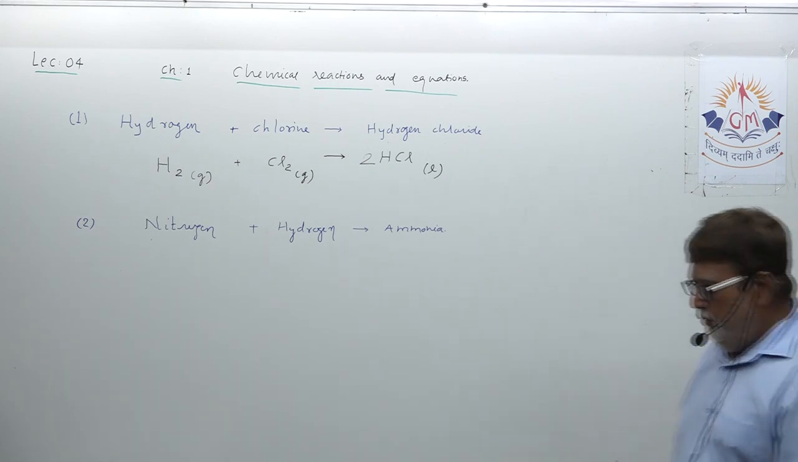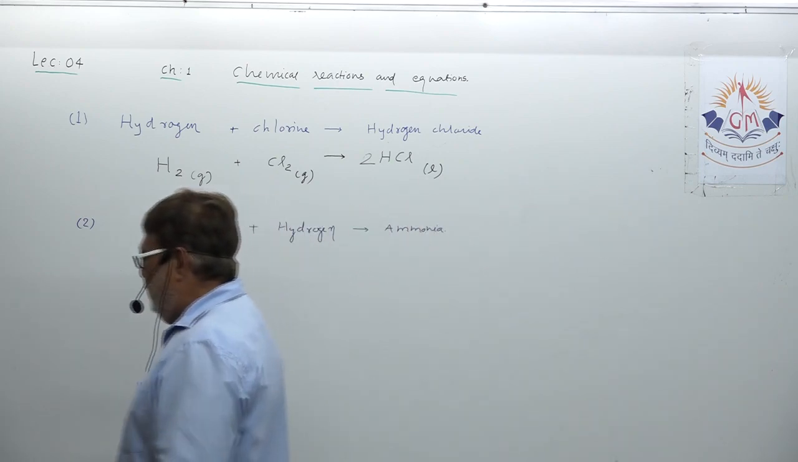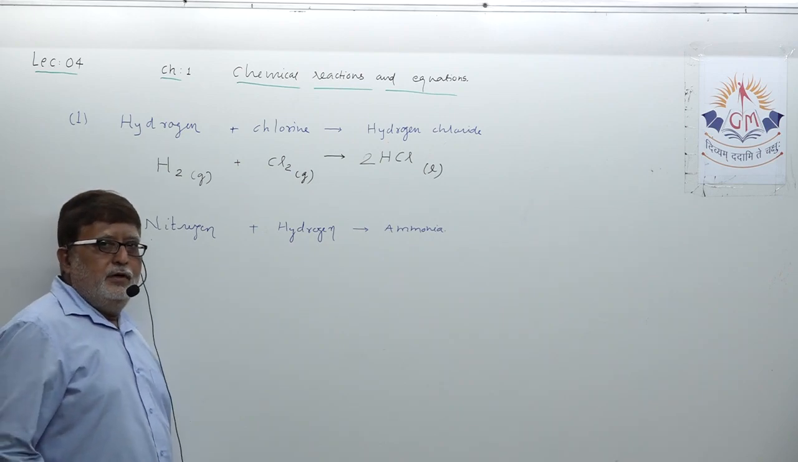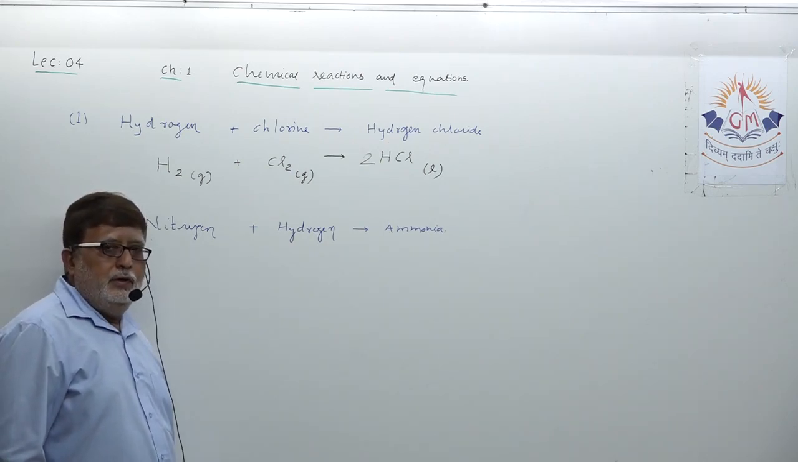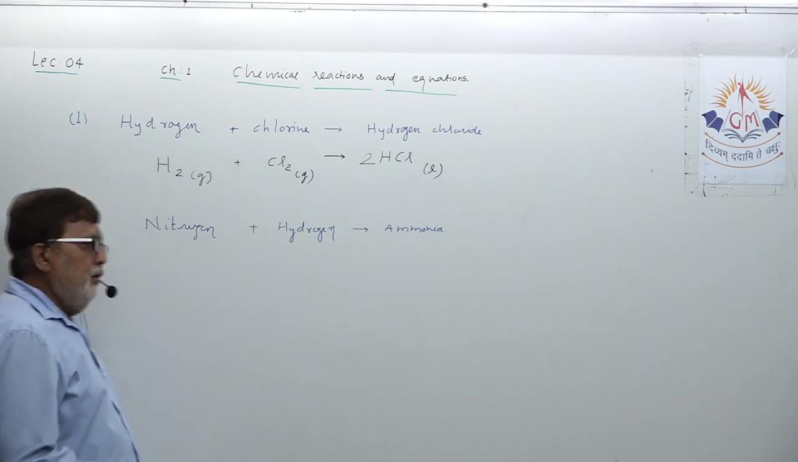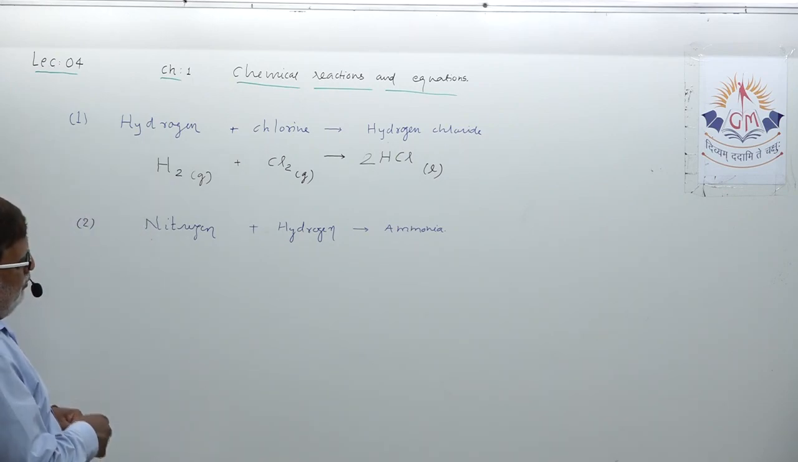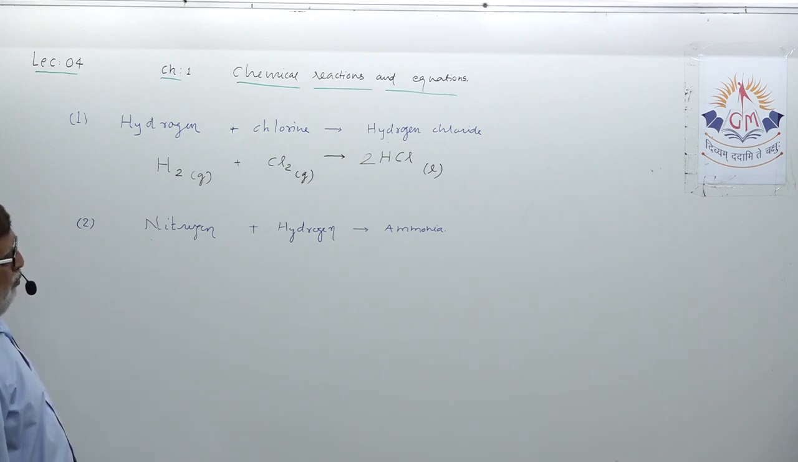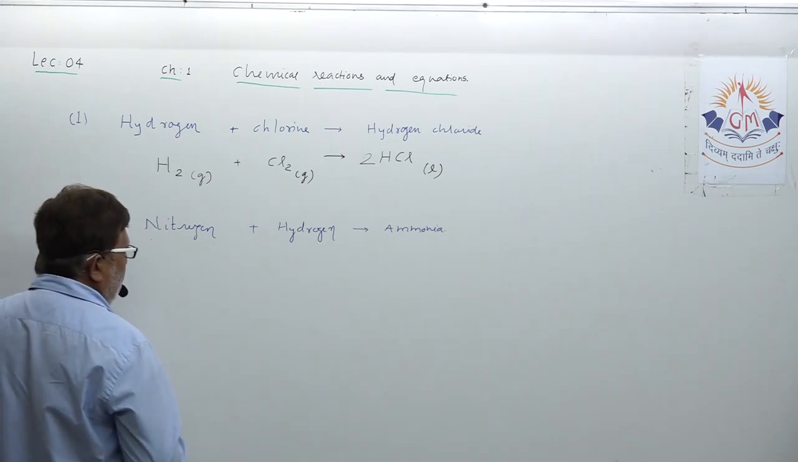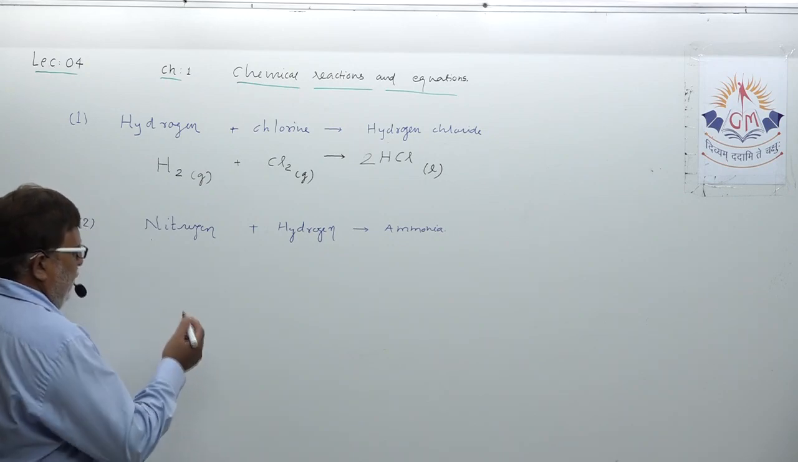The word equation is given: nitrogen plus hydrogen gives ammonia. Understand? You must have complete knowledge about formulas and proper symbols. If you do not have the knowledge about formulas and symbols, then it becomes difficult. Okay, nitrogen plus hydrogen gives ammonia. I think I have given enough time. Now I am writing